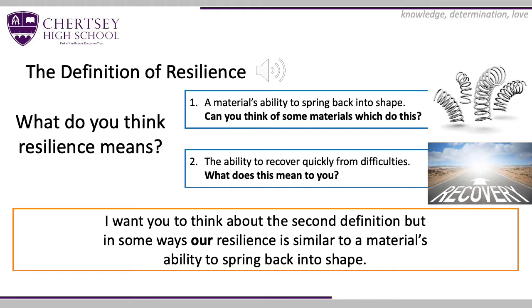If you pull an elastic band and then let it go, it springs back to its original shape. If you find a material that is more brittle and more fragile, if you bend it out of shape too far, it breaks. And really, this is a good metaphor for how we want ourselves to be. We don't want to be brittle. We don't want to be fragile. We want to be able to spring back to our normal shape without breaking if something happens.